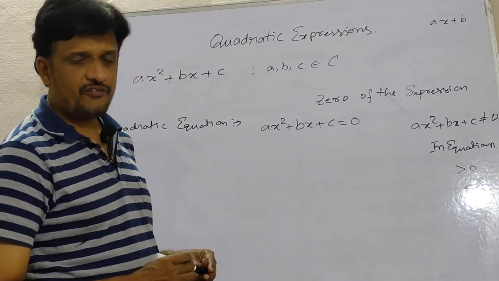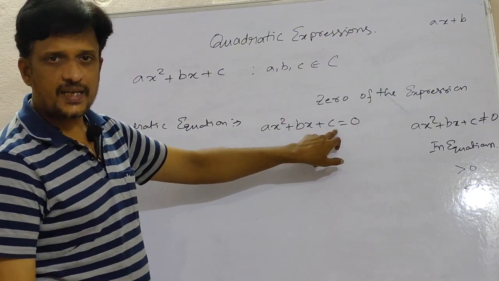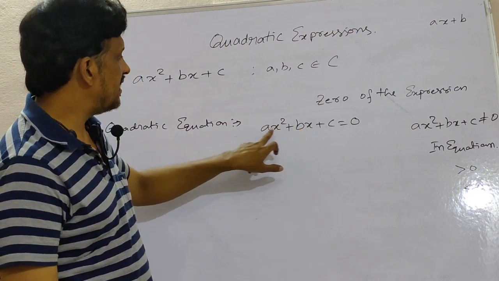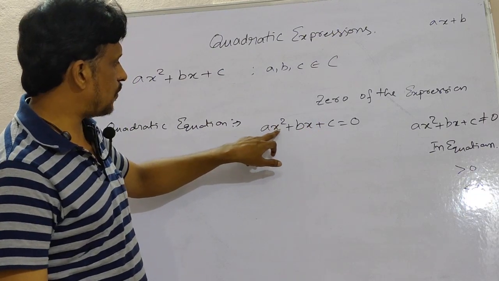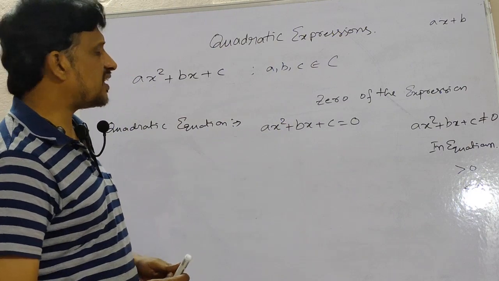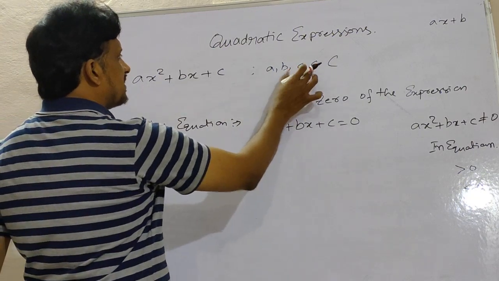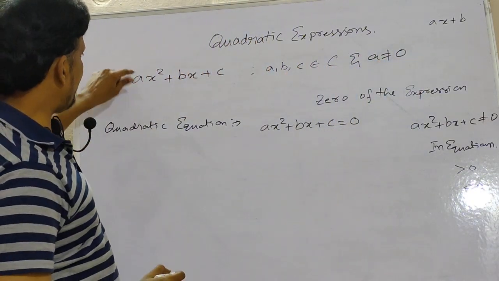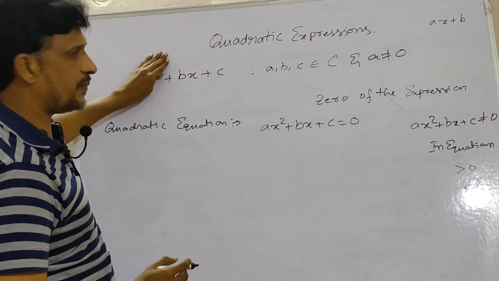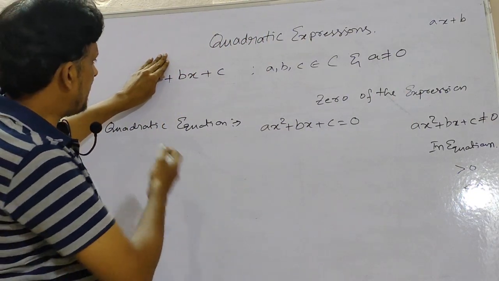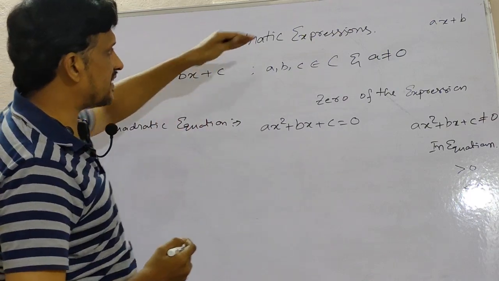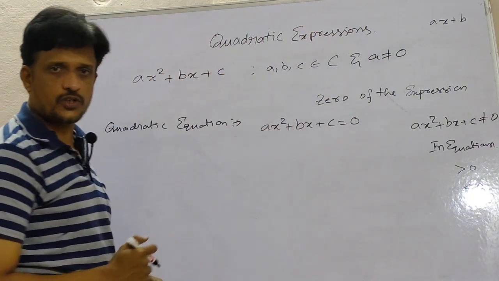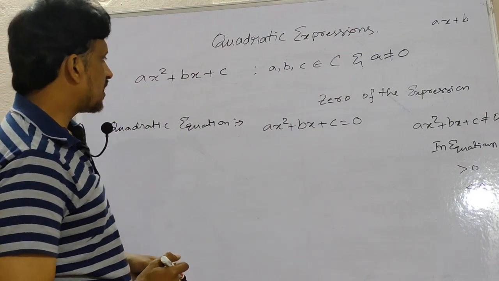Now here, if you observe, c is the constant term. This is bx, the x term. The coefficient of x is called b here. Ax square is the x square term, so the coefficient of x square is a here. And the first important thing is that a, b, c are complex numbers and a is not equal to 0. Because if the leading coefficient, the coefficient of x square, a is 0, then we will not get the x square term. We are left with the constant and x term, and it will simply be linear. So the basic condition is that the coefficient of x square, a, is not equal to 0 for both expression and equation. Okay then.